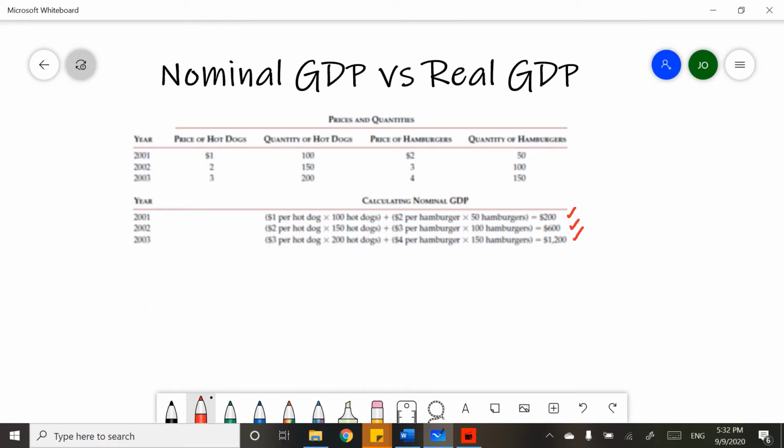Remember that GDP is measured in terms of a currency, whatever currency belongs to the country that you're measuring. Since we're studying economics in the United States, we are measuring it in dollars. So, let's see what is happening in this data. What we see is happening here is that from 2001 to 2002,